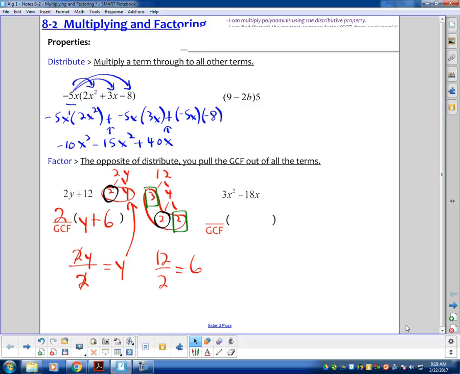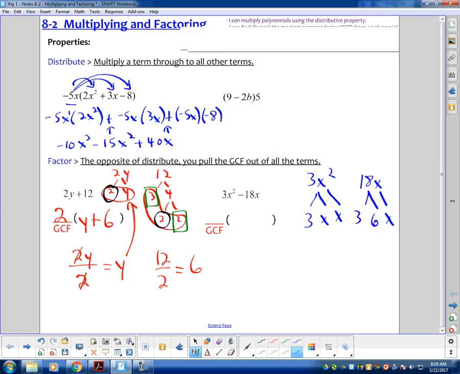The next one, we have 3x squared and 18x, which would factor as 3 times x times x. 18x is 3 times 6 times x, and then the 6 would be 2 times 3. So just looking at this bottom layer here, we're looking for the greatest common factor to